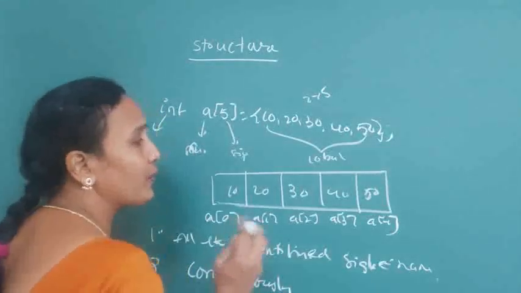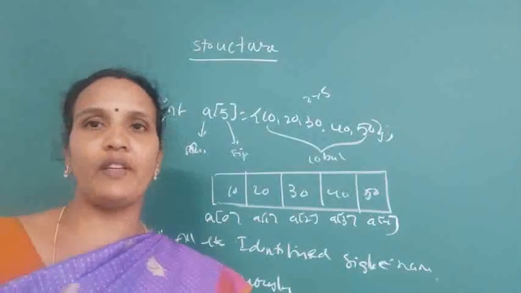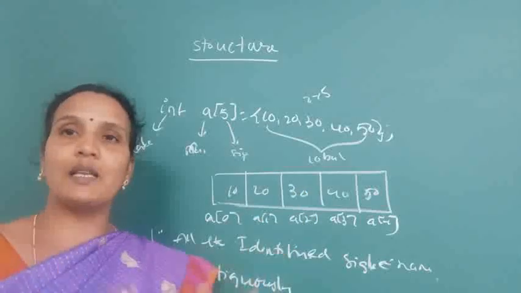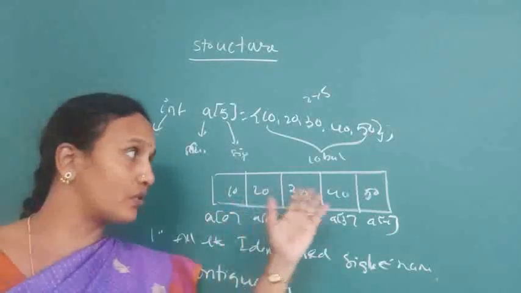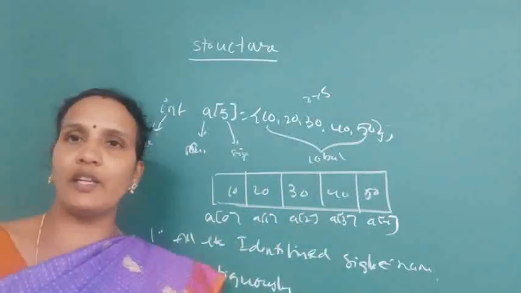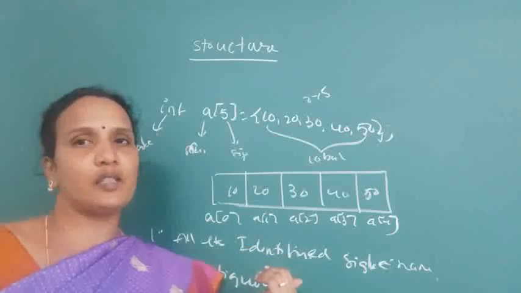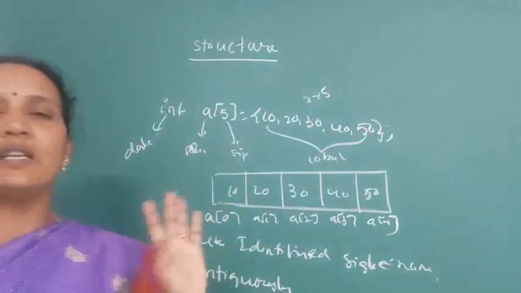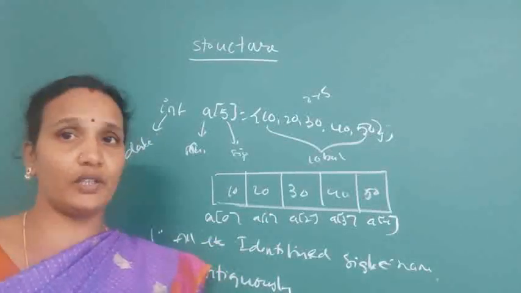Okay, and from the memory point of view, if you are storing the 5 elements without an array or with an array, the memory is the same. Say, for example, if you are using 5 different variables to store these 5 elements, you will give 10 bytes of memory. If you are using the array concept also, it takes 10 bytes of memory. The only thing is, all the 5 elements are stored sequentially in a single location. That is the main advantage.